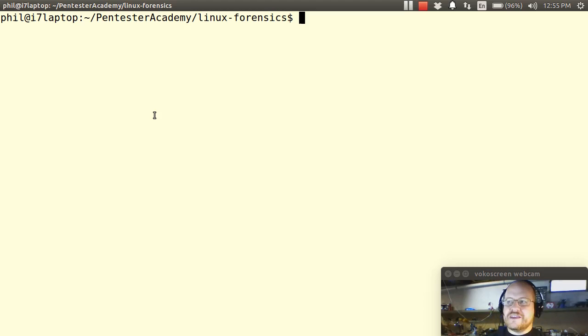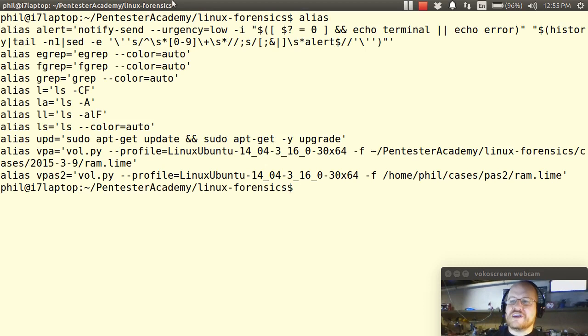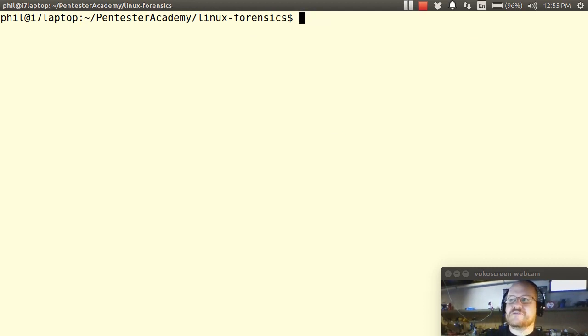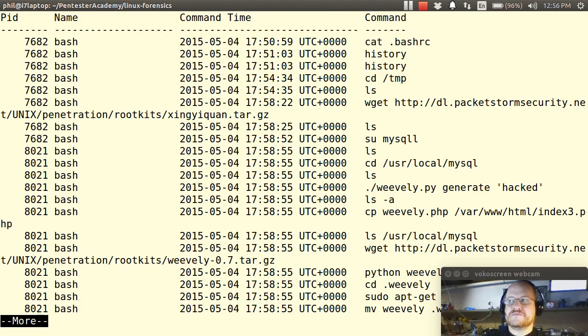So we're going to go ahead and use our alias. And again, remember that I've set up this alias here in my bash RC file that allows me to more easily run these commands. So the command that I want to start with is called Linux bash, and we'll pipe this to more. Alright, so here we see a couple of things. We have a shell with process ID 7682,